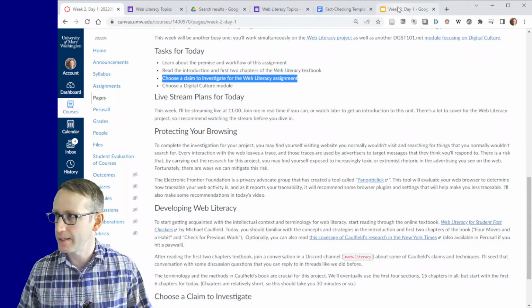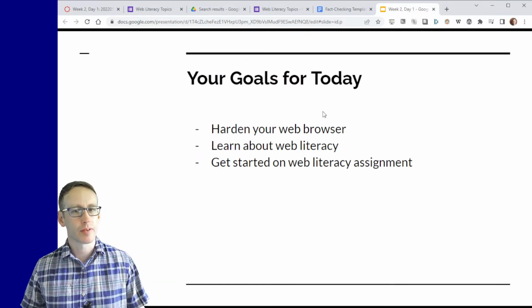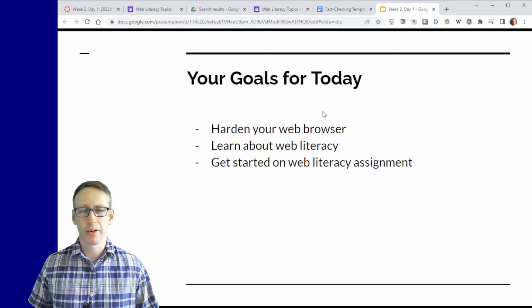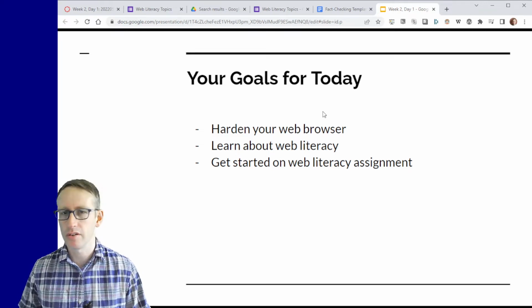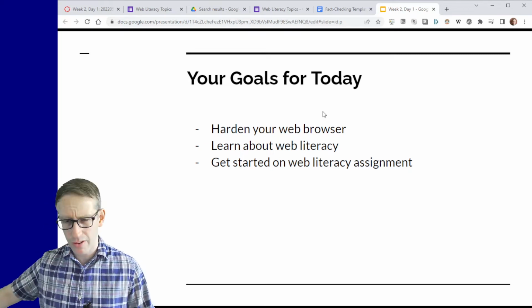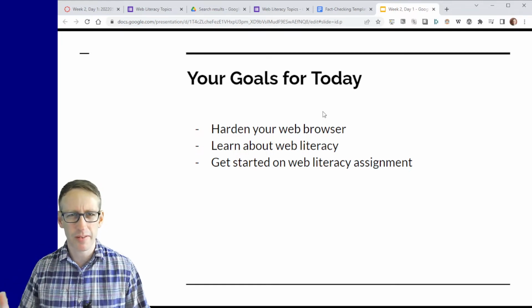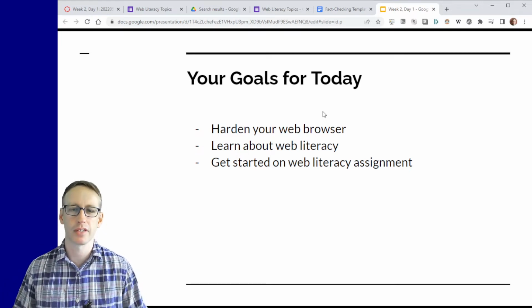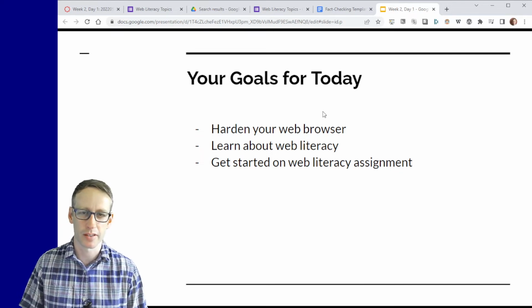Choose that today, ideally. Okay, but before we do that, I do want to talk a bit about what I'm calling hardening your web browser, or just preparing to enter into this kind of research. This is also just generally, I think, good advice for web browsing that you may not be familiar with. You may already know some of this stuff, and that's fine, and that's good. But I have a couple of suggestions that may make your browsing experience somewhat safer, somewhat more pleasant as you're doing things on the web.